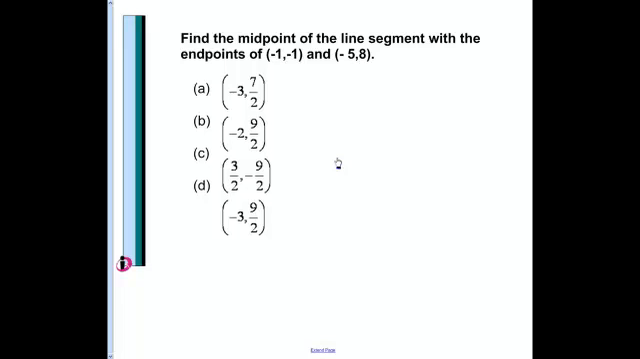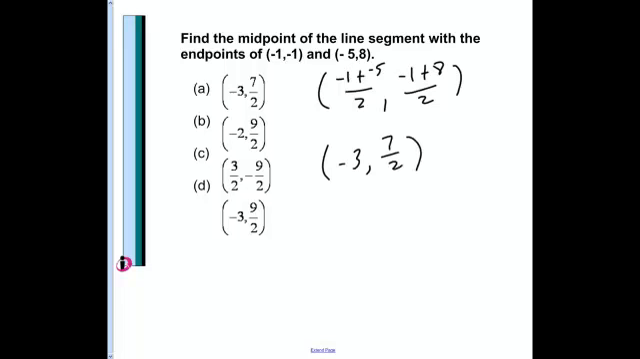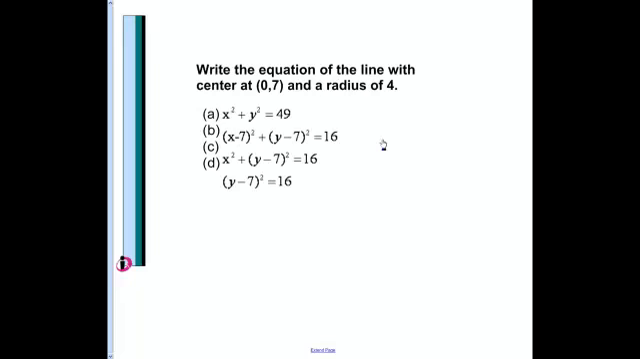Here we want to find the midpoint of a line, so we add up our x coordinates. So we have negative 1 plus negative 5, and we take half of that. We add our y coordinates, negative 1 plus 8, and we take half of that. And we end up with negative 3 and 7/2 as the midpoint of that particular line segment. And then our last one here will be writing the equation of